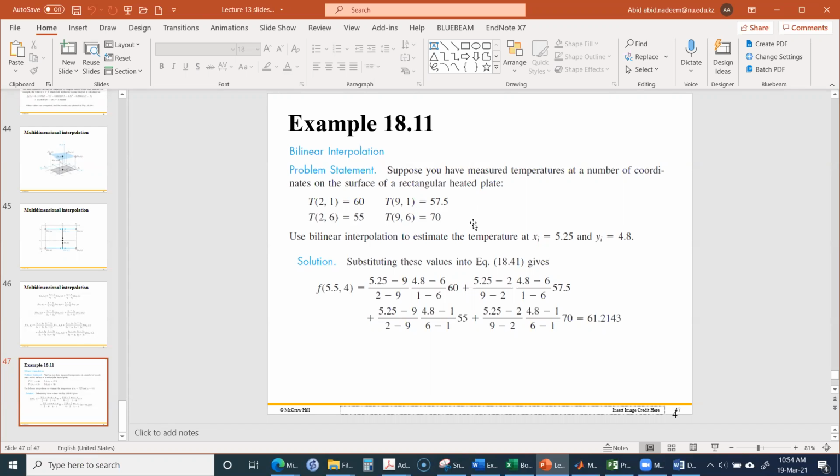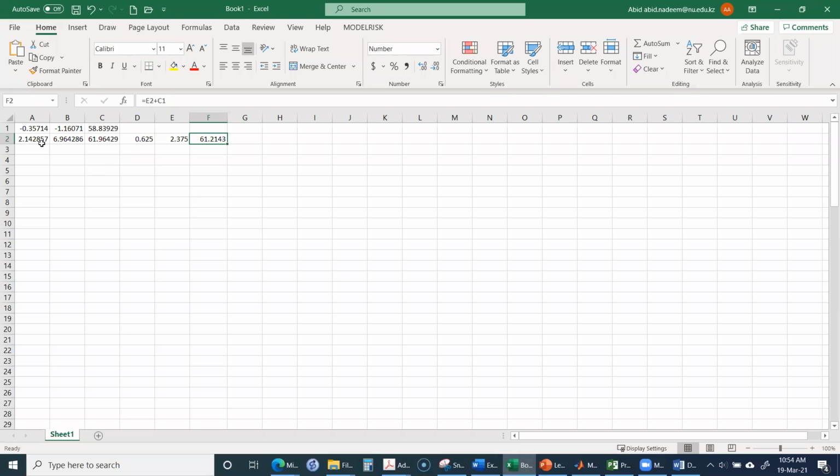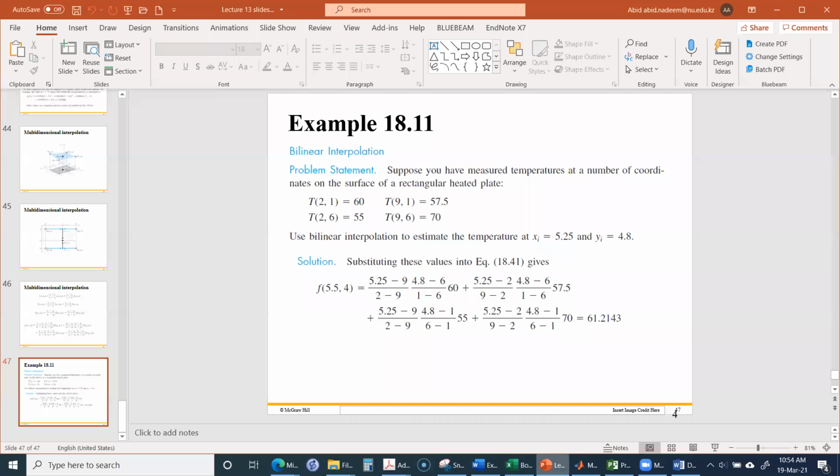For example, here I have done this kind of interpolation in Excel. The time is actually over, so I could not explain it very much today, but anyway, it should be understandable to you. All right, so